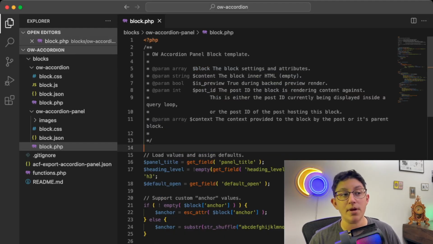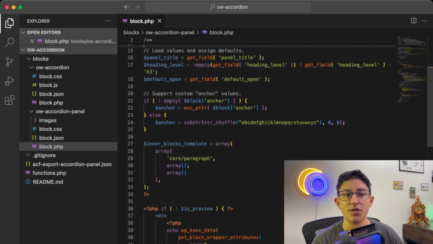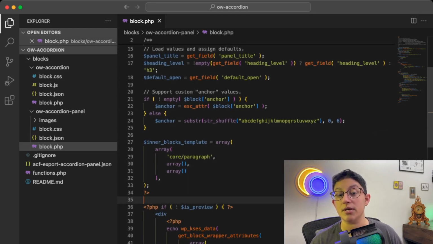For the block markup in the panel block, there's going to be the markup in here for each individual item inside that main accordion wrapper. At the top, we grab those Advanced Custom Fields values that we looked at before. So we just have a title, a heading level, and whether I want it to default to open or not.